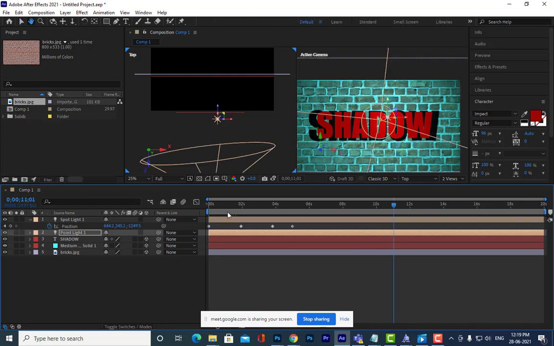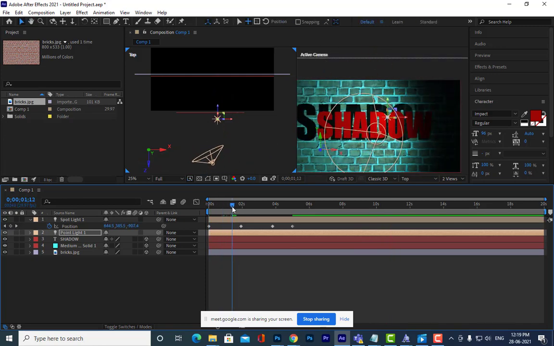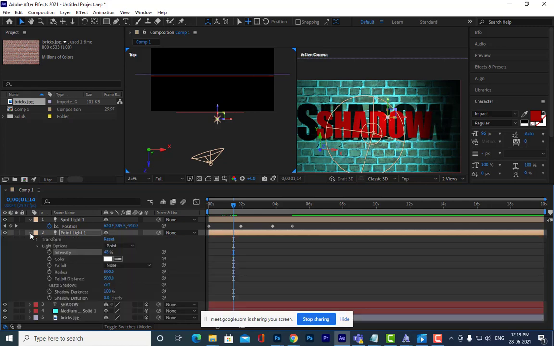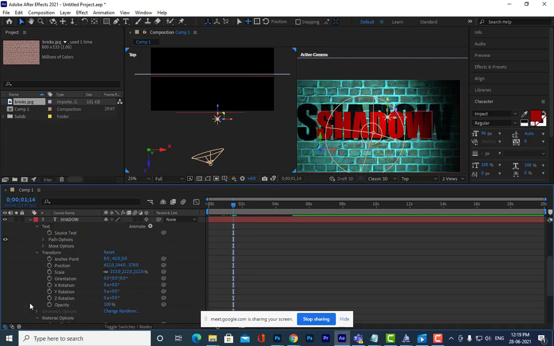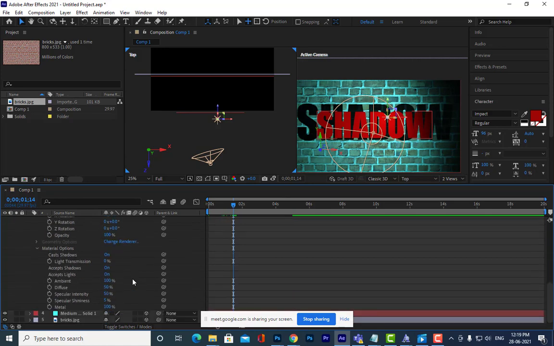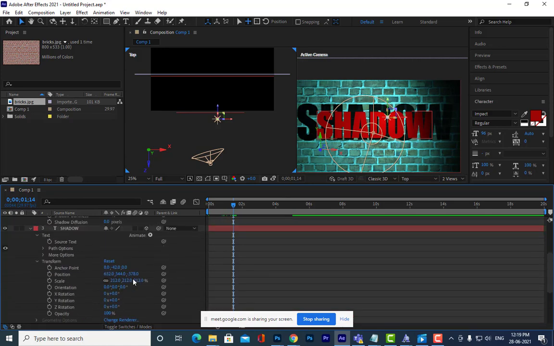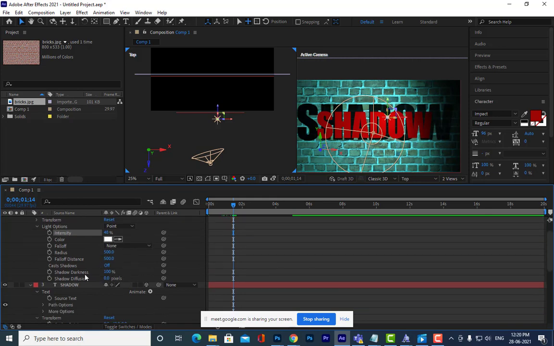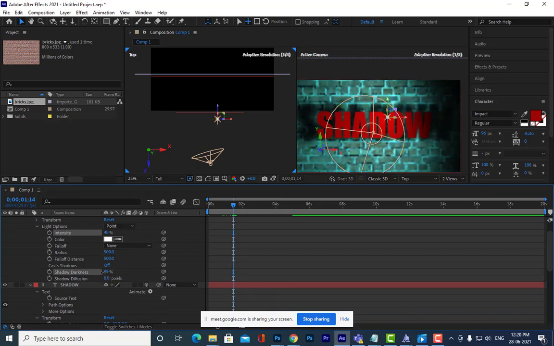In case you want to give a different color to the shadow, see, you can give. How to give color to the shadow? Actually you can use this darkness option. See, shadow darkness.